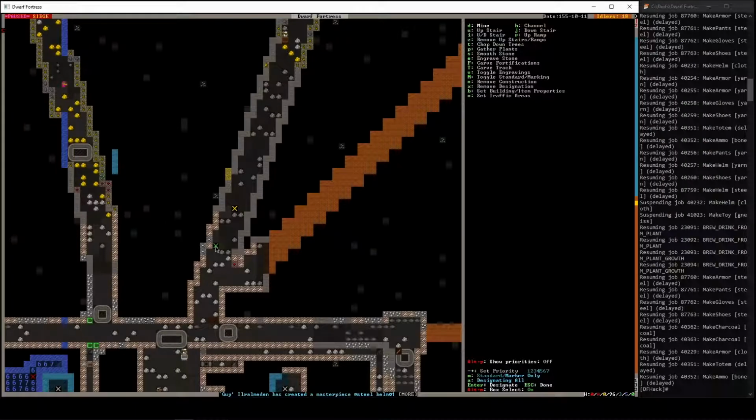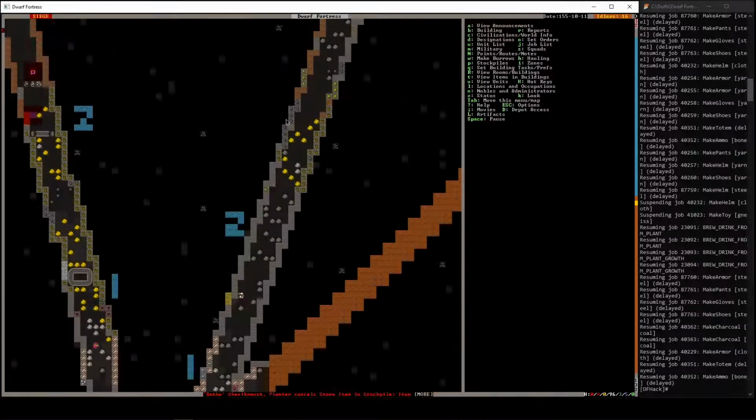So we might actually want the first gate here at this junction. We'll have gate number 1 there. We'll have gate number 2 about here then. Hang on, why didn't that take it? I thought I've still got box select on. There we go. Then gate number